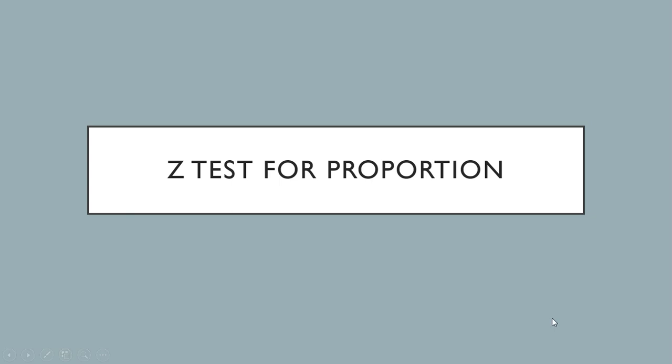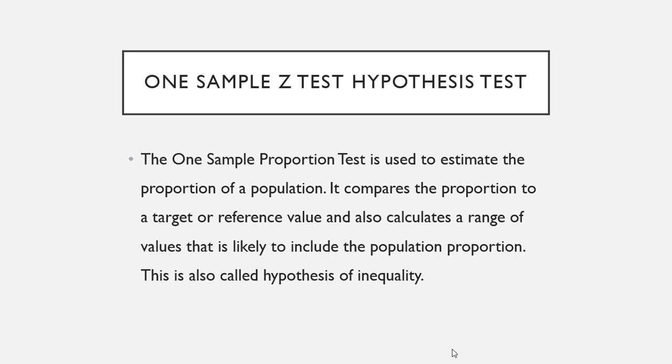So this will be the topic for today, which is the z-test proportion. If you see one sample proportion test or z-test proportion, this is used, mga anak, to estimate the proportion of a population. So, meron given po na population. So, parang kumukuha lang din tayo ng part, or some portion doon sa population. And then, we're going to compare the proportion na nakuha natin out of the population to a target or reference value po natin. Okay, and also we're going to calculate the range of the value, and this is also called, mga anak,